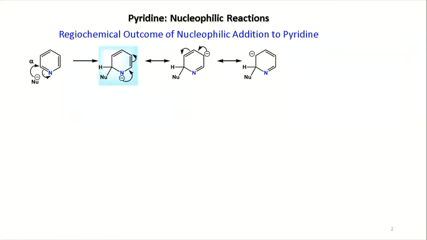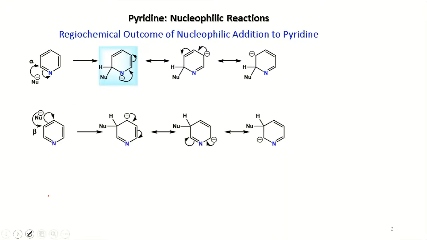Now let us find out. You have alpha position, you have beta position, you have gamma position. So we'll see what could be the possible resonating structure if you have nucleophilic attack on the alpha carbon center. And we find that you have several resonating structures. In one of them, the negative charge is on the nitrogen, which is most electronegative in this case, and that is definitely driving the reaction. So the alpha position is preferable.